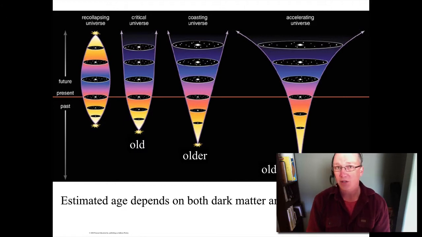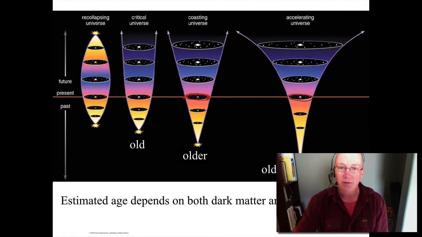Okay, once we've decided what model we're looking at, that's going to determine the age of the universe depending on how much dark matter and dark energy there is. And the reason for that is that imagine we look at these two cases here. So this is us, this is the present, right? And we know that the universe has, or at least the region of the universe we're interested in, has a particular size. And that is whatever the size is today.